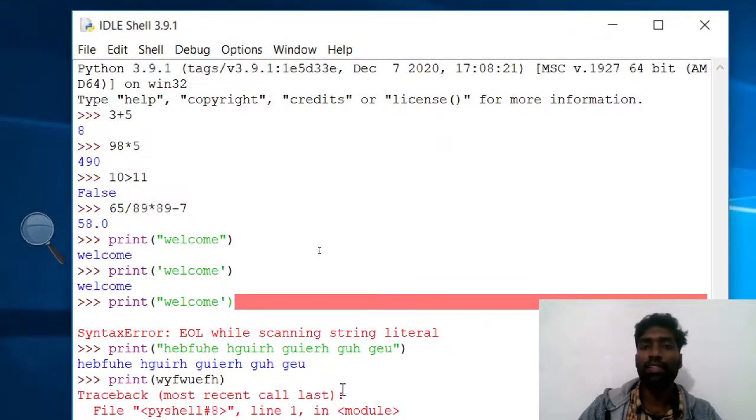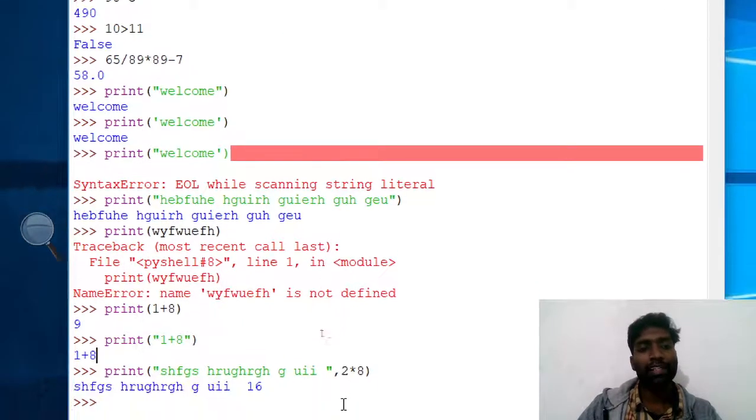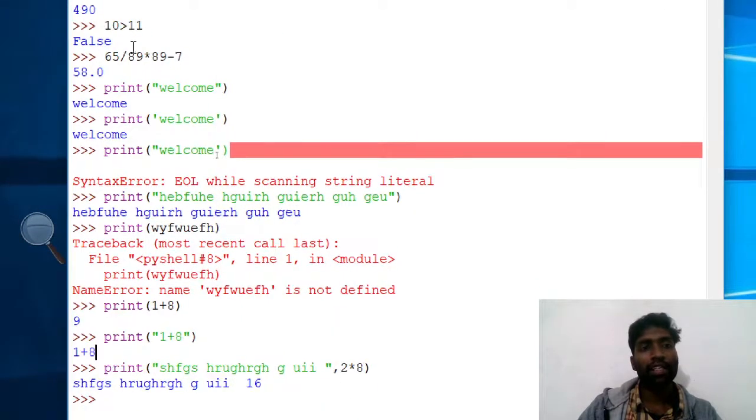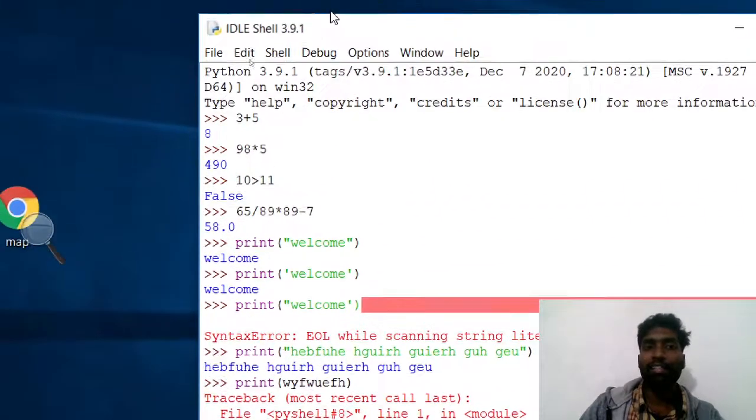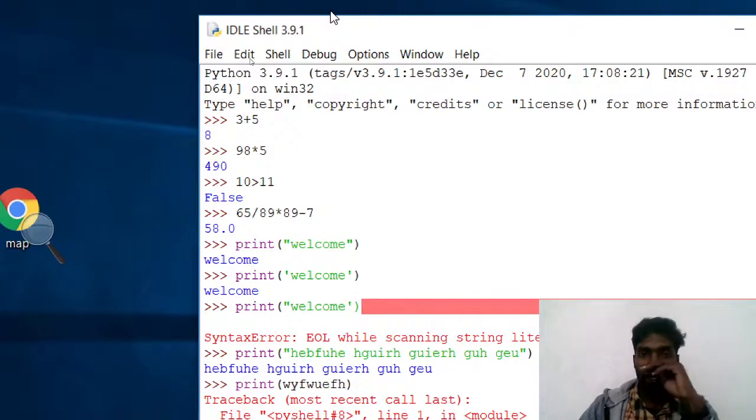Now we are going to script mode. How will we run script mode? In interactive mode, whenever we write a line, we get the output on the next line. Whatever input we give, the next line only we get output. In script mode, we will write plenty of program lines. It can be 2 lines, 3 lines, or 10, 20, 70 lines, as many as you need.